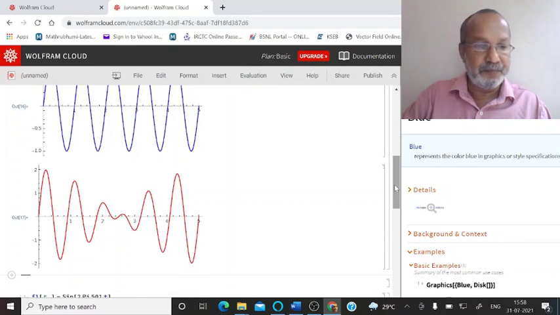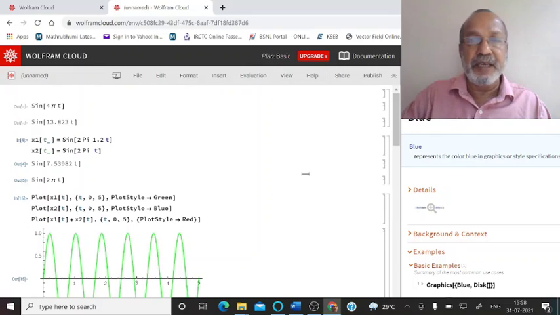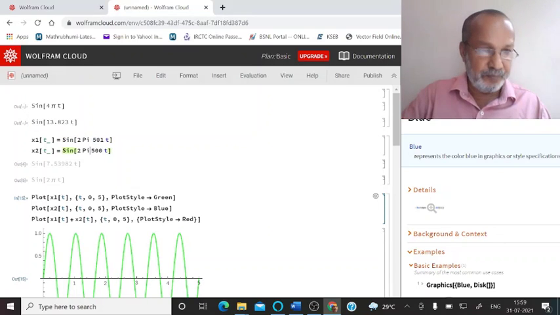Now let us demonstrate the same in the case of 500 Hertz and 501 Hertz. That can be done by editing the SHM functions x1 and x2. So I have edited that. Here you can see 501 and here you can see 500, and I have to press shift and enter.